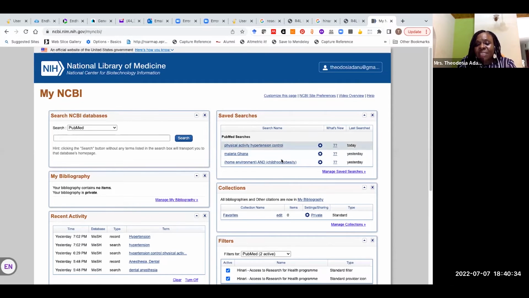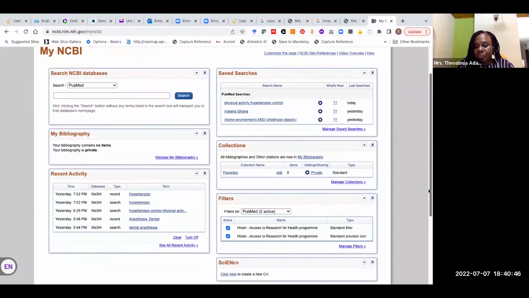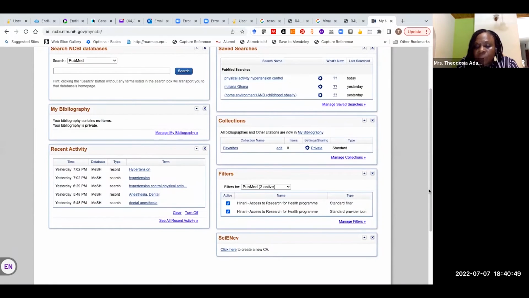I only have saved searches. I did malaria, Ghana, home environment and childhood obesity. That was yesterday. And then physical activity. That's all the information I have here. But this is my dashboard. So that's it for creating an alert.